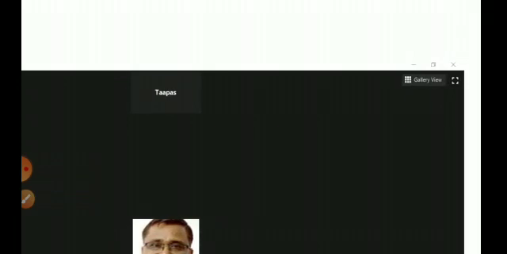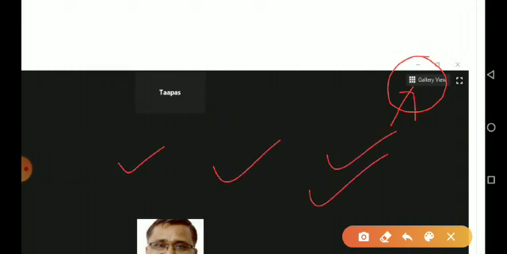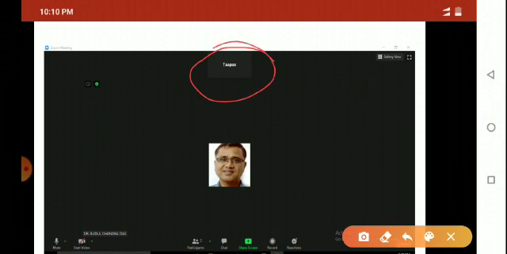Then you see here on the screen, in the top right-hand side, if you click on this, you can see all persons attending the meeting. Understand? As one person is waiting, the host will allow him to enter the meeting. Here one person is waiting and the host will allow him. When the host allows him, he will enter.